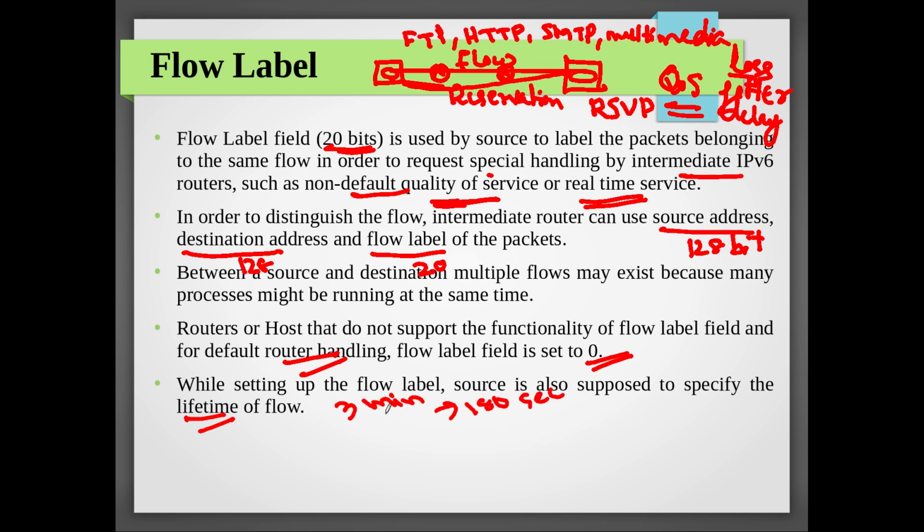This is somewhere I read, because if you are sending some information within 180 seconds of time, it is supposed to be delivered at the receiver. I am telling about a single packet, but when it comes to a flow you will be knowing how long it is valid. Accordingly you have to mention the lifetime. This lifetime you may be informing to the intermediate routers when you are running the RSVP protocol, because you are initializing some set of reservations for a given flow, and at the same time you can tell how long the flow is valid. After that validity is over, if some packet is coming as part of the given flow with that given flow label, it can be ignored.